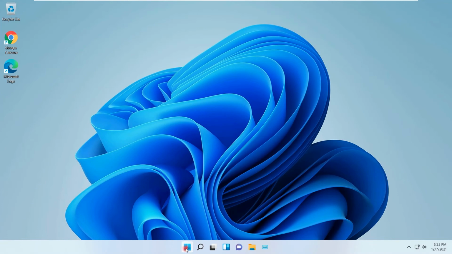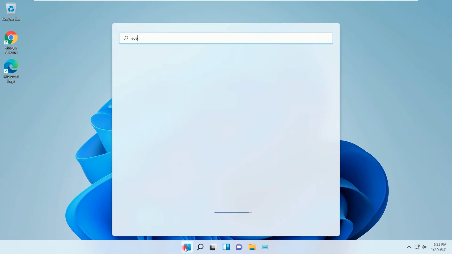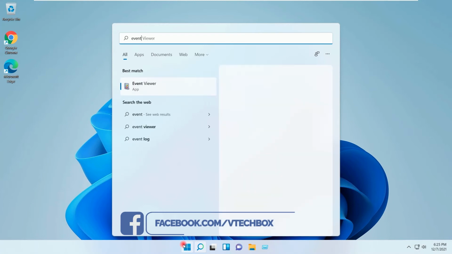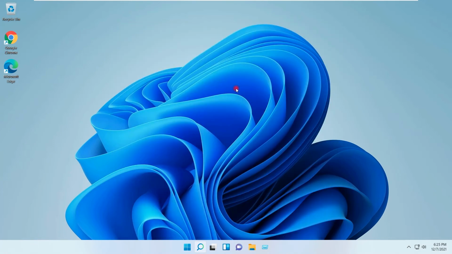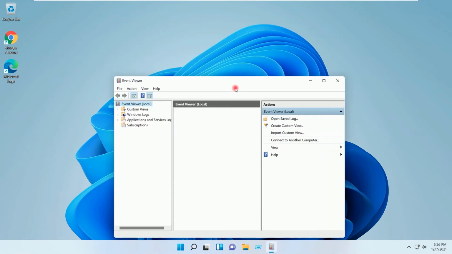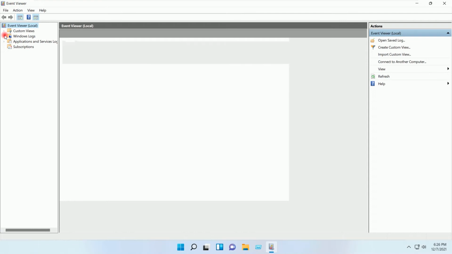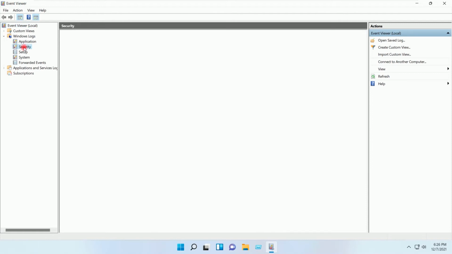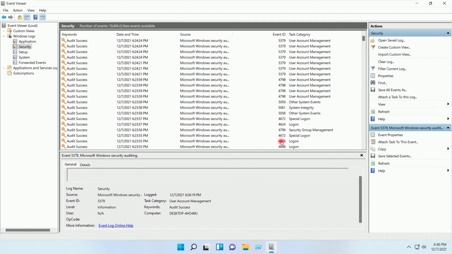I will now go to start. I will search here event viewer. I will open the event viewer. I will maximize the window. On the left side, I will expand the Windows log. I will select the security. And on the right side, if I go to this event,